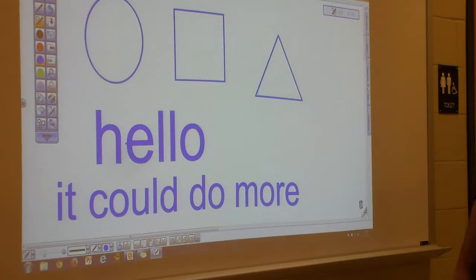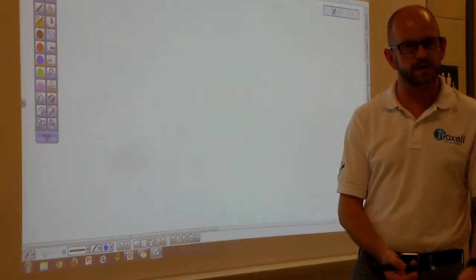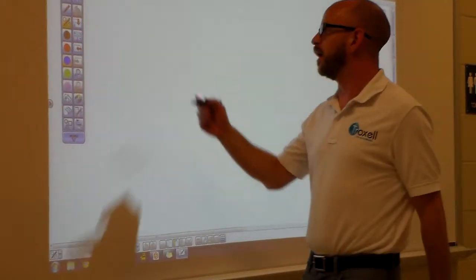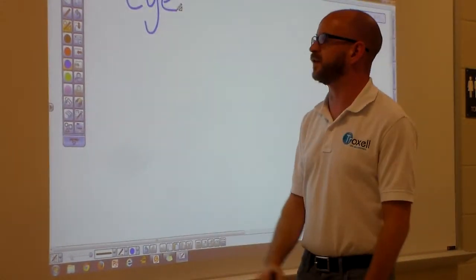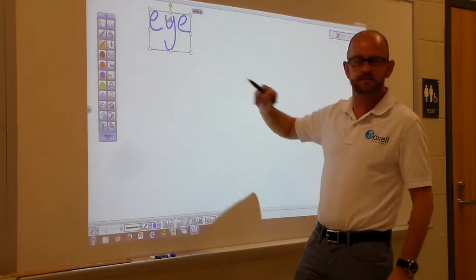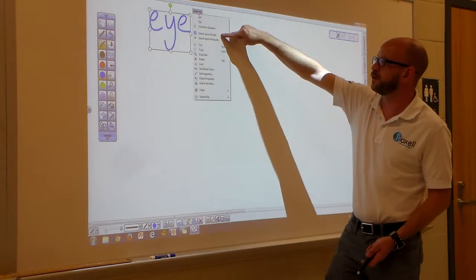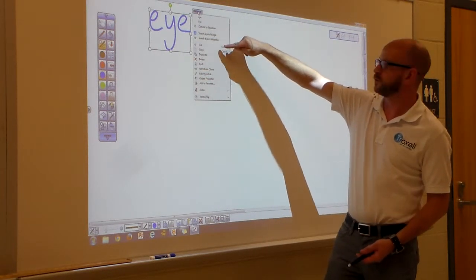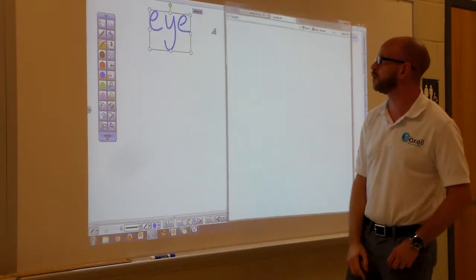Let's take this to the next stage. I'm going to use the same example that I've used with most of the guys so far. Let's say we were doing a lesson on the I, okay? And so we write that at the top of the page. We're talking about the I. So you can tap on your word, goes into its box with the menu. Click on the menu. You'll notice here that there's two icons. One of those says search for I in Google. One says search for I in Wikipedia. If you click search I in Google,